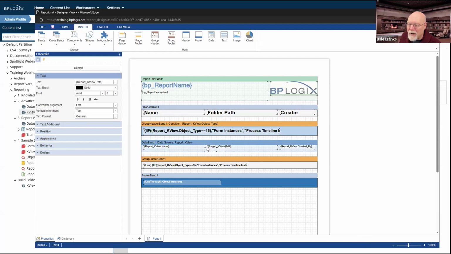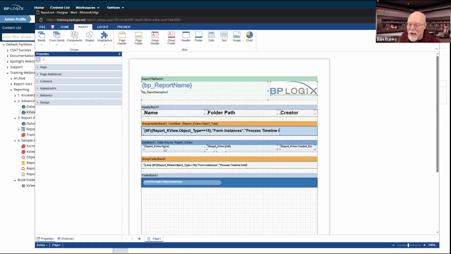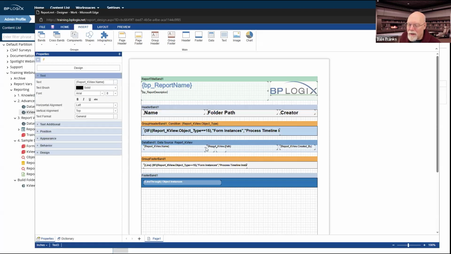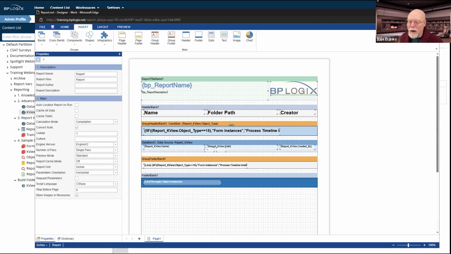This needs to be back to there, which means that my name is also misaligned. My data field is a little too large. So I'm going to need to move that back over to there so that all of my fields and my headers are now aligned so that I have proper column headers for reporting.